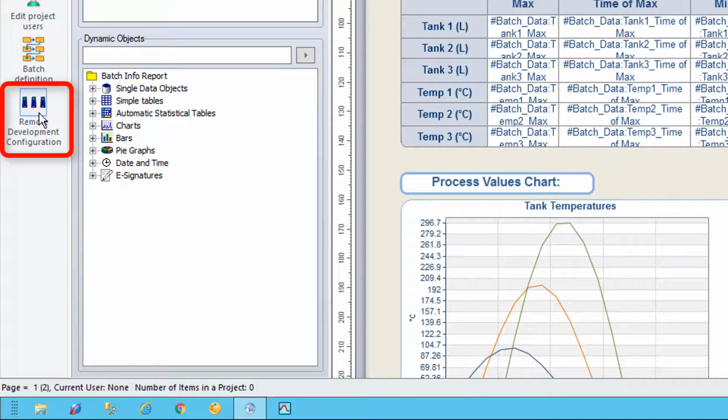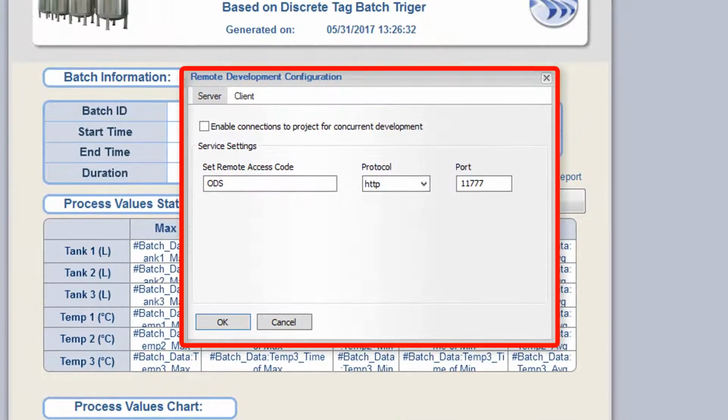On the left side Quick Launch toolbar, click the Remote Development Configuration icon. The following Remote Development Configuration window will open. On the Server tab, I'll check the option to enable connections to this project for concurrent development. For the server settings, that is, the settings that remote development nodes will need to use to connect to this repository node, I'll enter a remote access code, much like a numeric PIN code or an alphanumeric string. The communication protocol to use, which is either HTTP or HTTPS, and the port number through which to communicate with